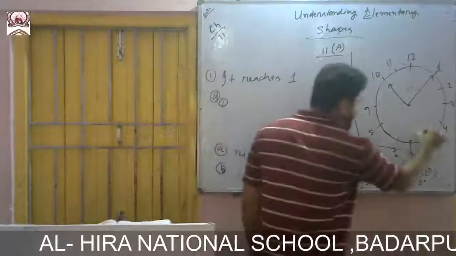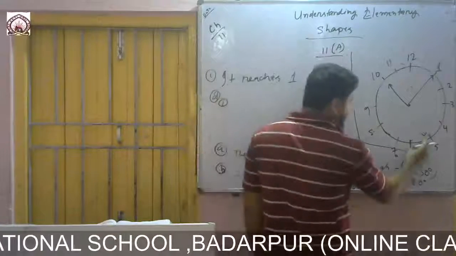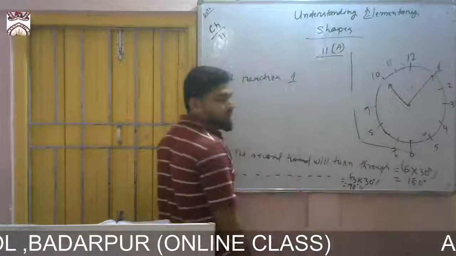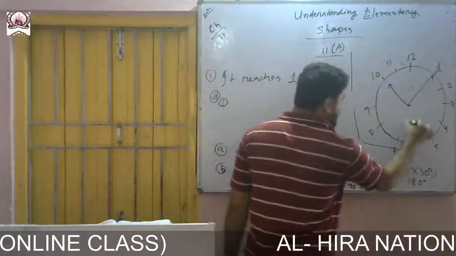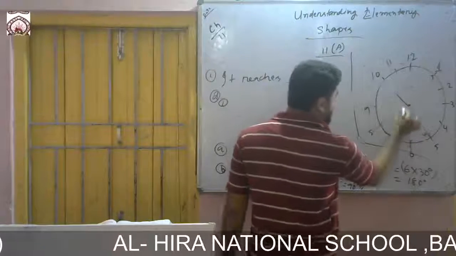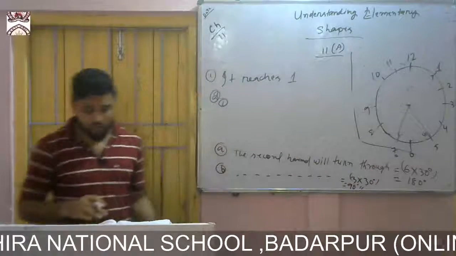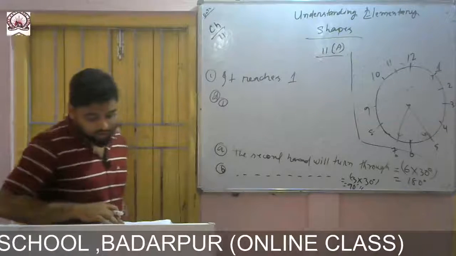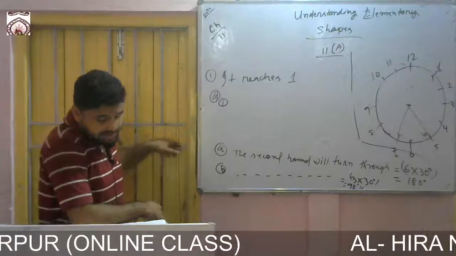So from 5 o'clock, that is 5. From 5 it reaches 60 degrees. That means from this one to this one 30, from this one to this one 30. So 30 plus 30 is 60. So it will be 5 to 7. It will come like this from there. Earlier it was there. So it will reach here, it will be 7. What is the time? It will be 7 o'clock.